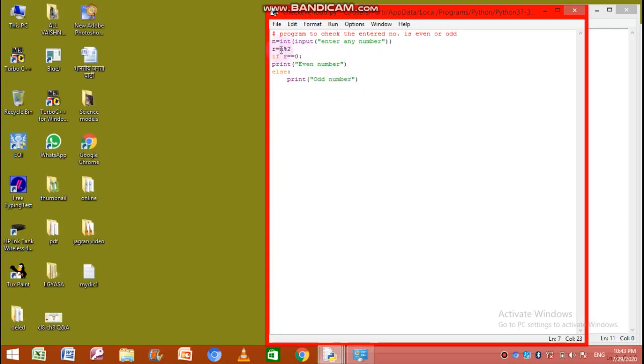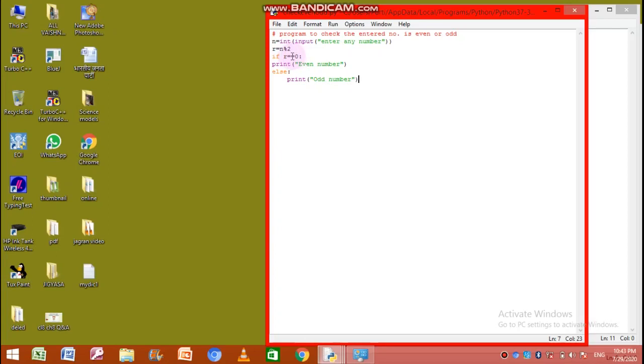So after this line executes, it will give a value to r. In the next statement we will use the equality operator, that is double equals to. It is a relational operator, you know well. It returns a true or a false after evaluation. So it will check whether the value of r is equal to 0 or not.